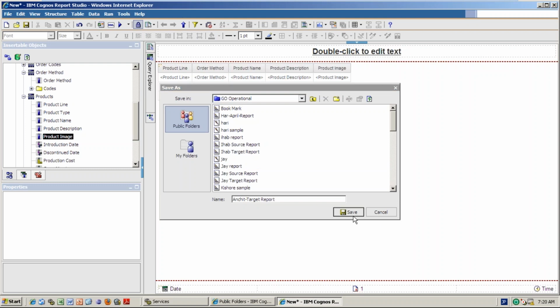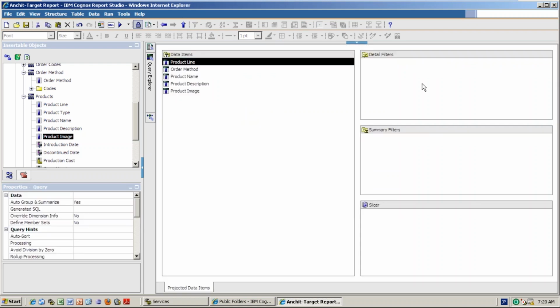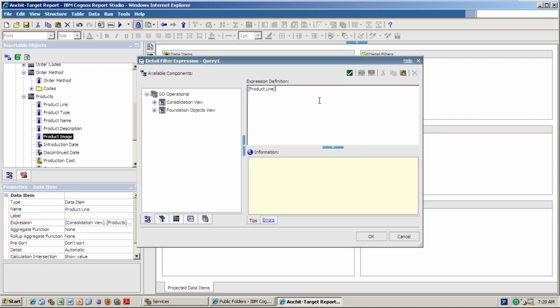And here it has to come from another report, right? So I want to give the product line and order method columns some parameters. That means prompt parameters. Product line equal to, you don't need to create a prompt page directly because you are passing the values from another report. So you just create the parameters. Product line equal to, you put a question mark here, and that will become a parameter.